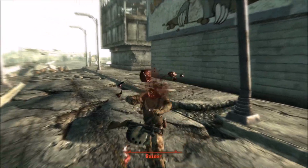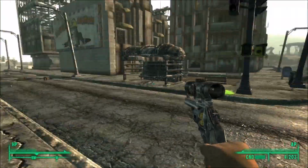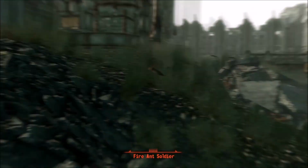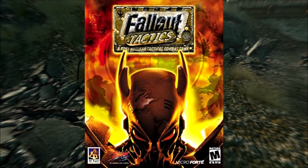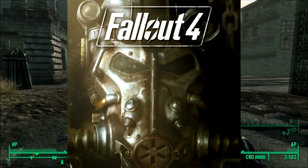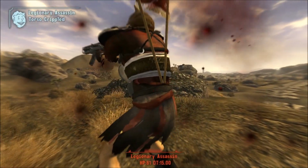Episode 29 of Wasteland Weaponistics, and I have to ask everyone, do you feel lucky? Well, do you, viewers? It's Smith & Wesson Model 29 time. The Model 29 first appeared in Fallout 2, and has since then reappeared in Fallout Tactics, Fallout 3, Fallout New Vegas, Fallout 4, and Fallout 76, making it one of the most popular weapons to ever appear in a Fallout